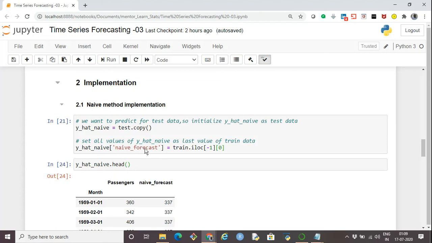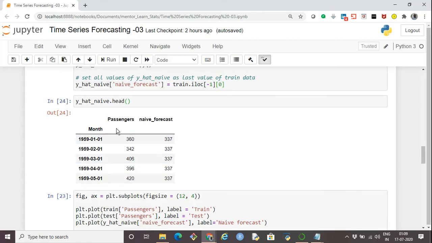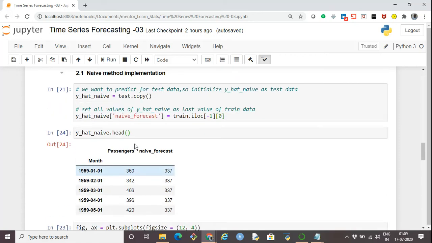So basically, in the same data frame y_hat_naive, I'm creating a new column called naive_forecast, and all the values of this column will be set as the last value of the train data set. So this is what you see. This is our y_hat_naive, created based on the test data frame.